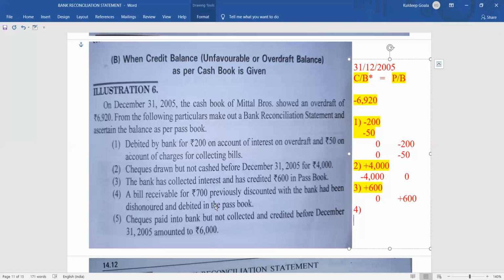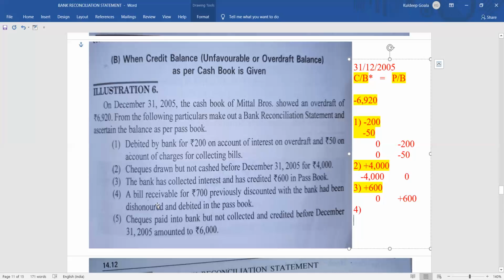Okay, that many days, I will pay after that many days, so for that many days he can keep the bill in the bank. And what the bank will do, instead of giving 700, the bank will charge some amount of money, because for that many days the bank is going to keep the bill and is going to offer the money to that person. Okay, so what will happen is that bank will keep the bill, and instead of 700, the bank might give 650 rupees, or say 690 rupees, and the remaining amount will charge us discounting charges.